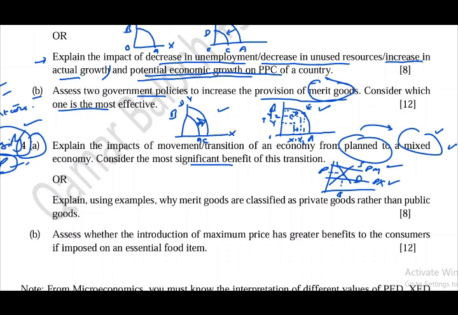That creates conflict between the private and public sector, because the private sector wants to generate more and more revenue to maximize their profit, but the government wants to increase the welfare of society. So there is a conflict of interest. The government is trying to increase welfare in society, while the private sector is trying to maximize profit. The government may interfere and affect decision making of the private sector in mixed economies.